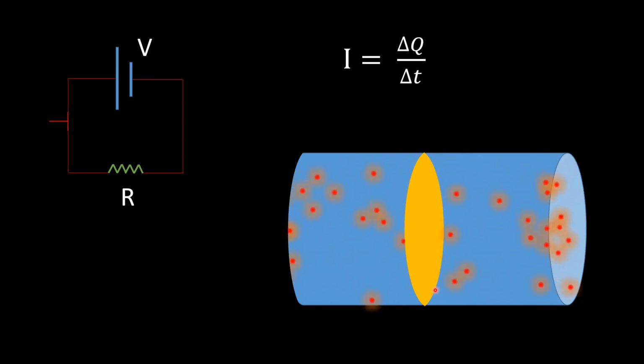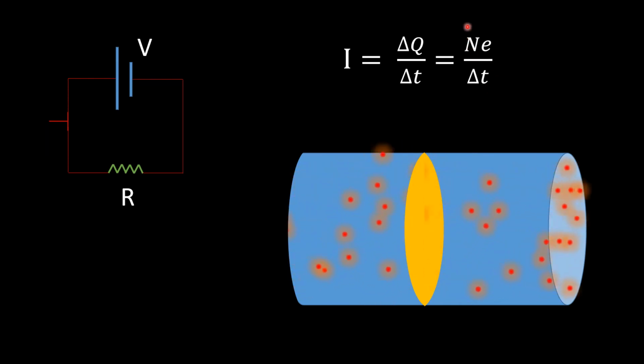So current is defined as the amount of electric charge passing per unit time. You consider any cross section and see how many charged particles are crossing that cross section in 1 second, per unit time. Then the quantity obtained is called current. How do we know how much is the charge passing? Suppose there are 50 electrons passing, I will multiply 50 with the charge of 1 electron, that is 1.6 into 10 raised to minus 19. So this delta Q can also be written as Ne by delta T. What is Ne? Charge passing. And delta T is the time it takes to pass Ne amount of charge.